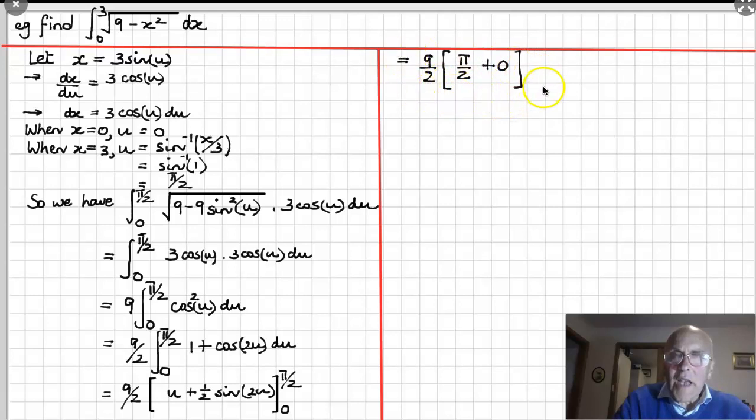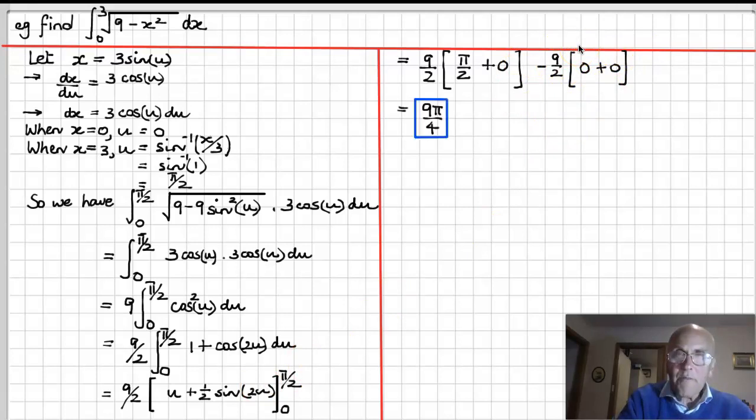Now, what I've got in here is from the upper terminal. So that's 9 over 2 times pi over 2 plus a half sine of pi, because 2 times pi on 2 is pi, and of course sine of pi is 0. And from the lower terminal we get minus 9 over 2, and there's a nothing there and a nothing there, so that just doesn't give us anything at all. So what I'm getting for my answer, guys and gals, is 9 pi over 4, which makes perfect sense, because